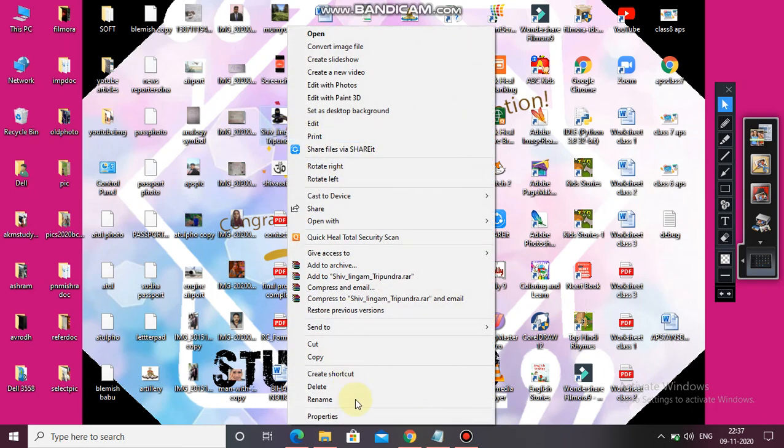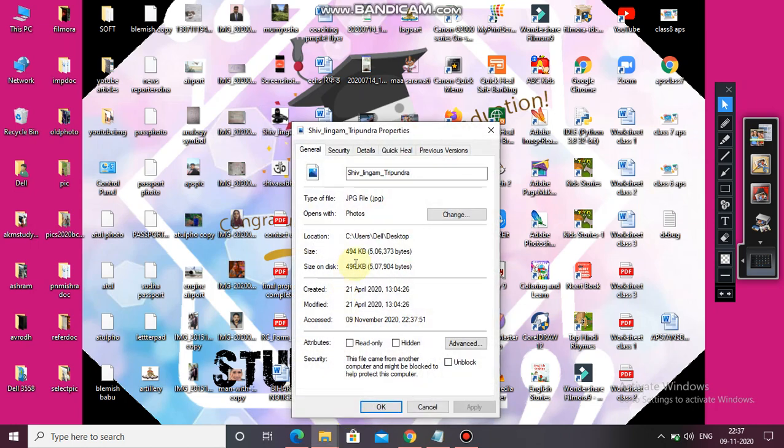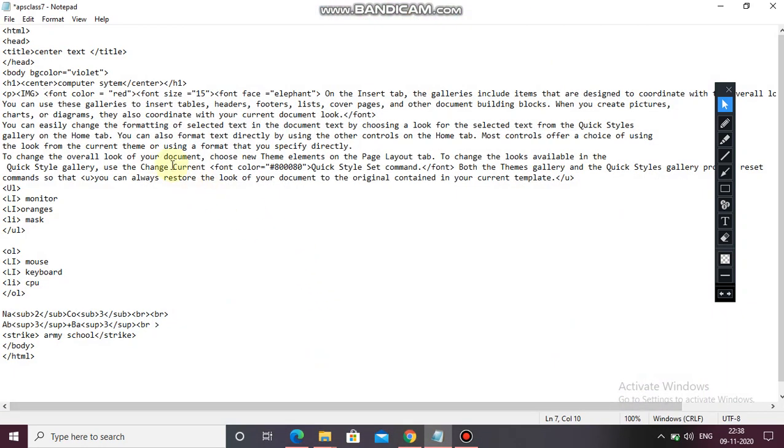Okay, this image. If you don't know the path, you just click on properties and from here you can see it written. Copy the path, and then the name. So first write here, paste, and then again use the forward slash, like this, and then the name.